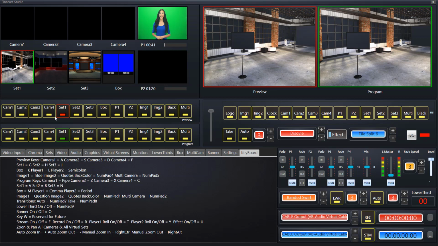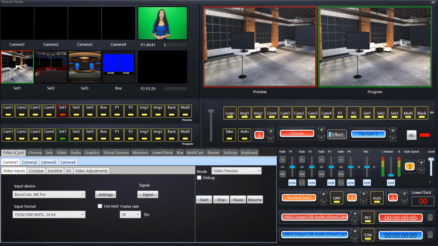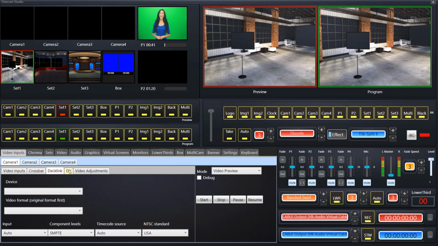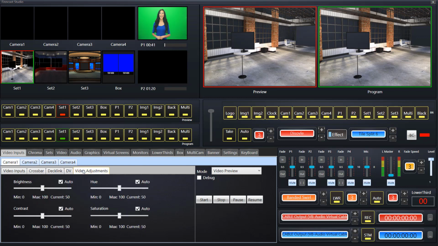Now, let me talk about the videos. I'll start basically with the tabs of video inputs. Video inputs are for displaying what's on your cameras. It'll pick up webcams, your video capture cards, crossbar, Dexlink cards, DV, and here's just video adjustments like brightness, contrast,